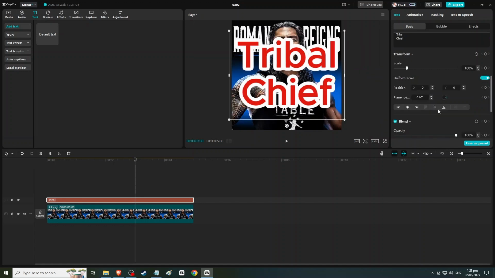After you edit your text, make sure that you are in the Basic tab. If you are in the Basic tab, scroll down until you see an Opacity section. After you locate the Opacity section, there is a slider that makes your text transparent, as you can see on